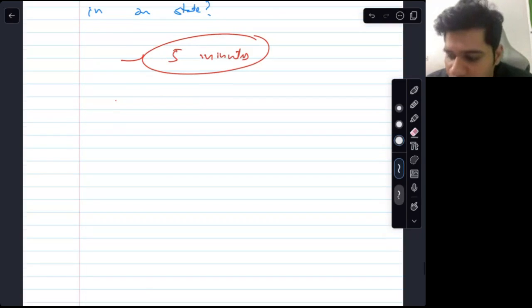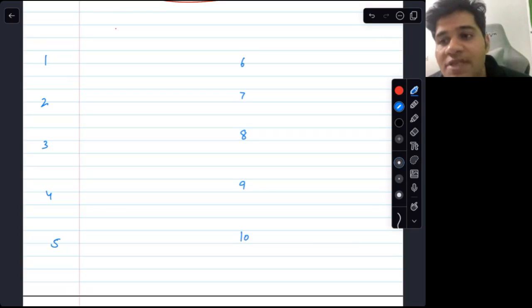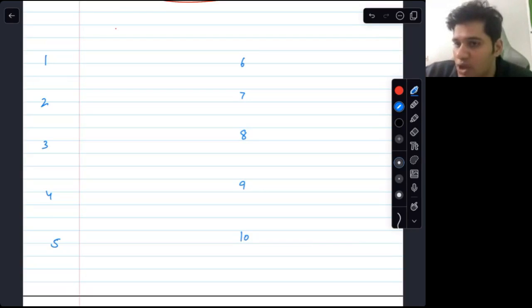Let us do it for 10 bulbs. I suggested let us do it for 10 bulbs. That would have helped you. Bulb number 1, 2, 3, 4, 5, 6, 7, 8, 9, 10. We are not solving for 100. For now we are solving for 10. For 100 bulbs the voltage fluctuated 100 times. For 10 bulbs the voltage would fluctuate 10 times.